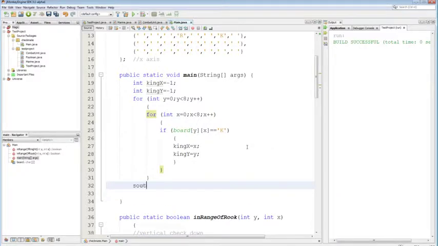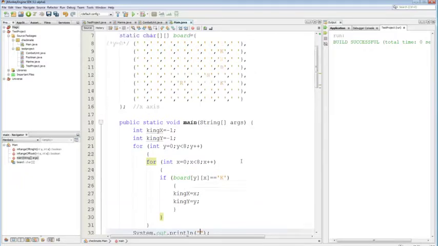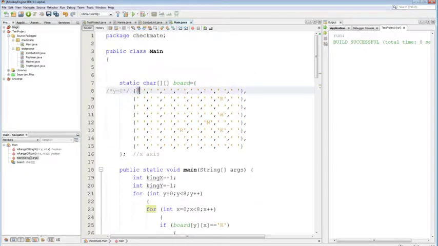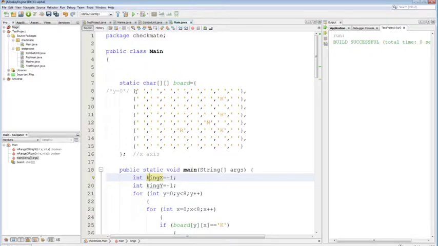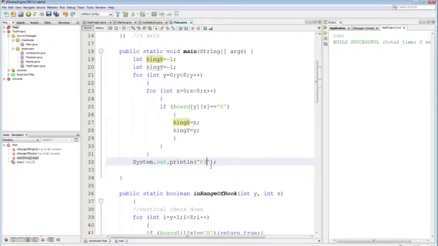The first thing I'm going to do is make sure we know where our king is. All positives are placed on the board. You mean all the board coordinates? Yes, the way that I have defined my board is this is y equals 0, this is y equals 7. So 0's up here, this is row 0, row 1, row 2, etc. And the x goes up as you go right. So this first column is x equals 0, x equals 1. So yes, every space on the board is positive between 0 and 7. So yeah, if I had left these default, then that would be this space. But if there's no king on the board, I want it to be bogus. I want it to be something that's out of bounds. King is at